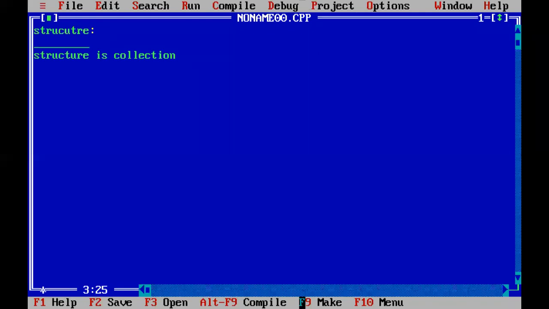But when you group together all these three variables under a single name, we cannot use the array concept, because the array means all three variables must contain only one data type. For example, all three variables must contain integer only. If one of the variables is character, all remaining two must be character only. So that is not available here. When we talk about different data types, we will use structure only, because structure is a collection of heterogeneous, or we will use the simple word, elements. Different data types.